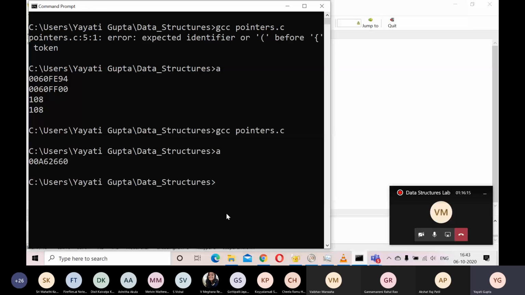So when I execute it, it shows me a pointer. If you see the length of this pointer, in my case, it is an 8-digit long hexadecimal number. Based on this hexadecimal number, which is 8-digit long, can you comment something on the size of my memory? I'm telling you that a pointer or an address in my system is an 8-digit long hexadecimal number. Can you tell me how long my memory is?